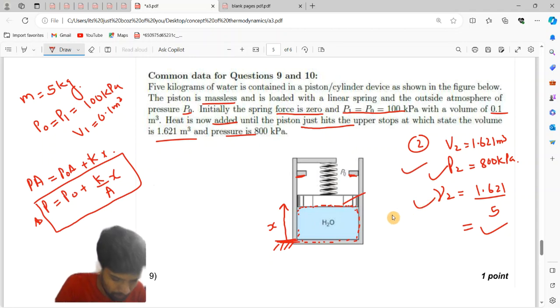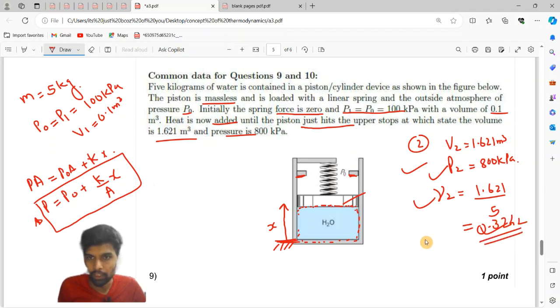let me check. It is nothing but volume is 0.3242 meter cube per kg, and for this pressure and this volume, it lies in a superheated region. You can check it from the table, because this pressure will be far less than the pressure corresponding to this, or rather than putting it like this,